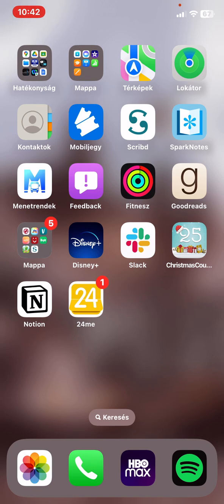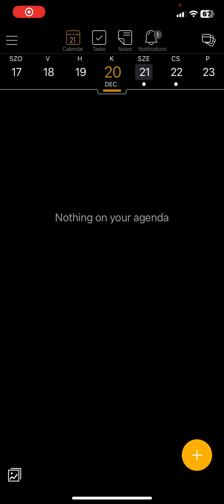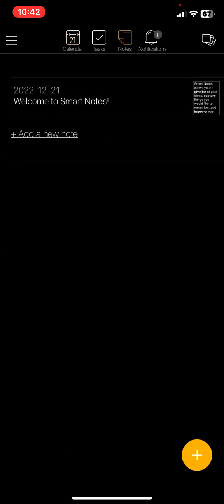First of all, open the application on your phone. Then click on the Notes button at the top of the page in the middle, and just click on the plus sign at the bottom of the page on the right,